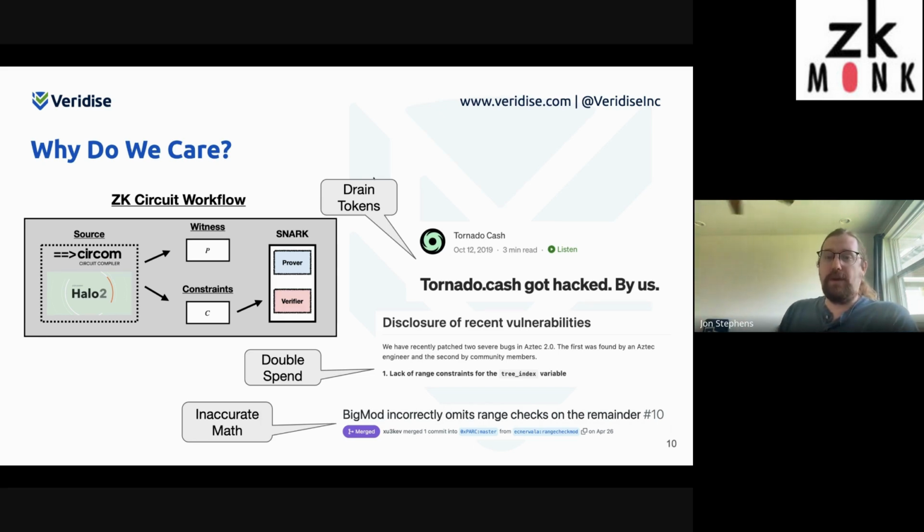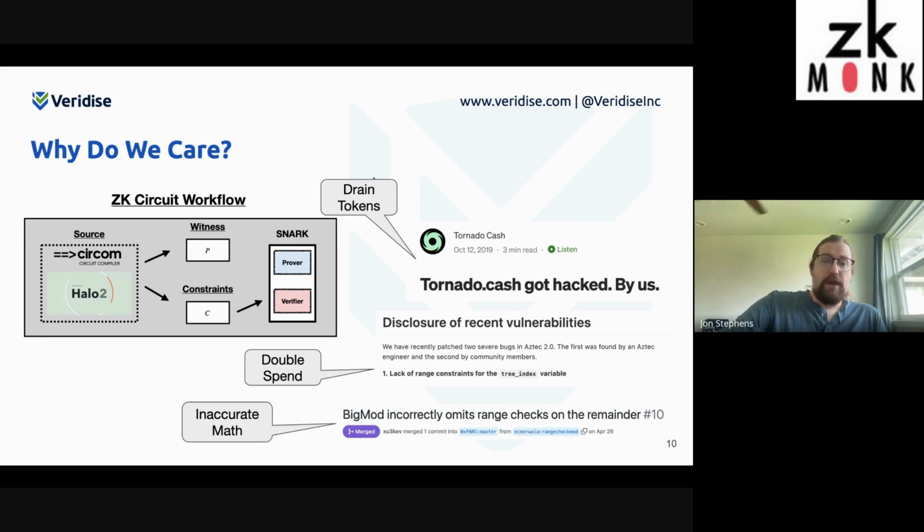Specifically, Tornado Cash had a bug in their code which would have allowed an attacker to drain their entire pool without having to actually put funds into the pool. And luckily they found that and they exploited it themselves in order to rescue funds and then deploy a fixed version of their